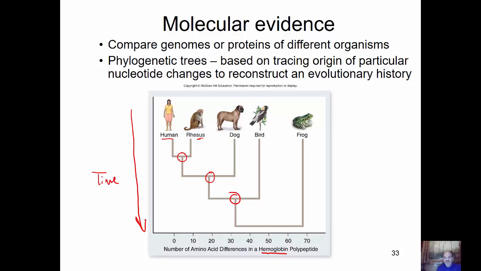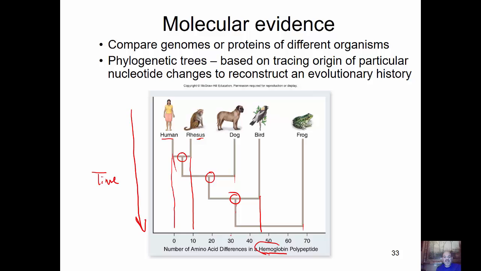But this chart also shows the difference in the number of amino acids that occur between the hemoglobin. Hemoglobin is a protein that's made of amino acids, and the key is that how different the hemoglobin is depends on how different the amino acids are. And so the difference between human and a rhesus monkey, which is going to be more similar, they only have about 10 differences. But if we compare human and dog, there's going to be about 30 differences. And then if you go human to bird, there's going to be approximately 45 amino acid differences. And if you go human to an amphibian, like a frog, then there's about 68 differences.